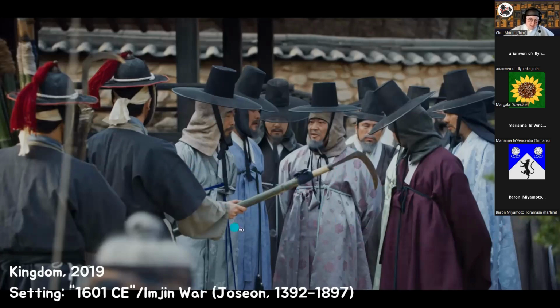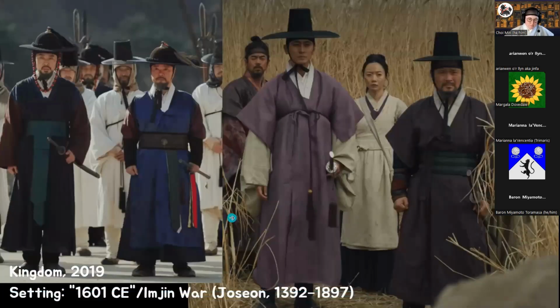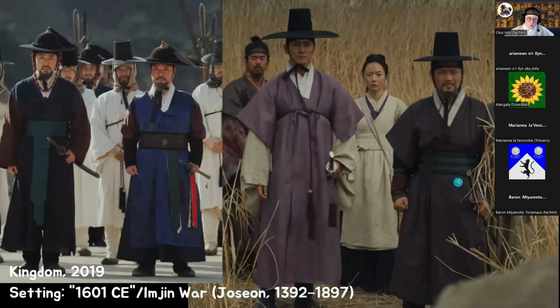So, even though this is post period, I think it's accurate to post period. Same here, these are from the same drama. Post period, even though it's set technically at the tail end of the period, but we're seeing really high armpits. I'm not sure how period this apron is. And we're seeing these weird obi belts.